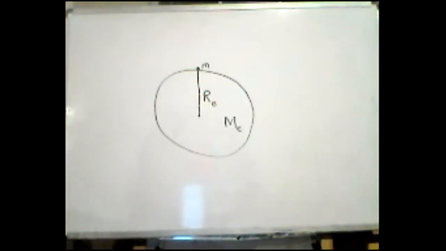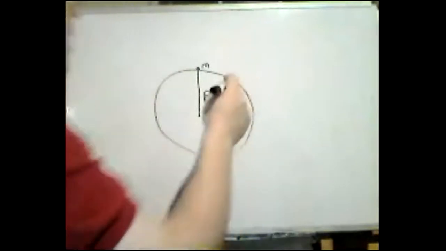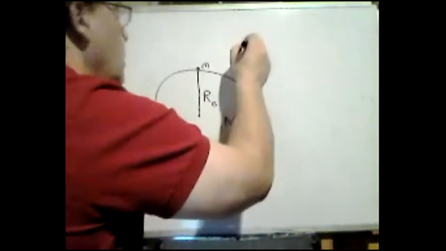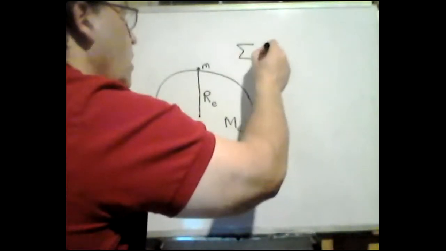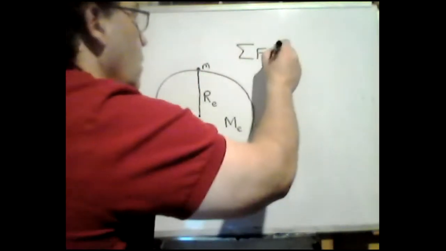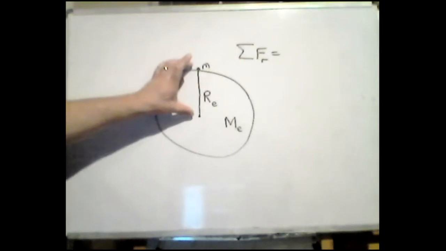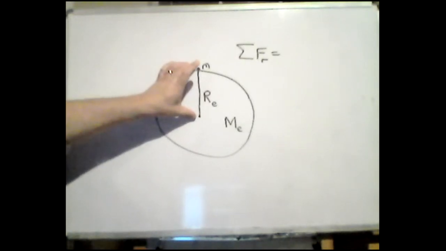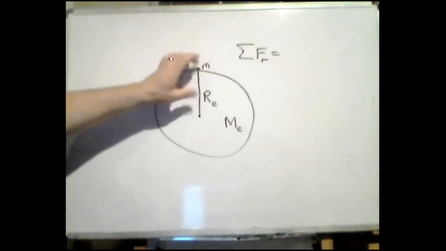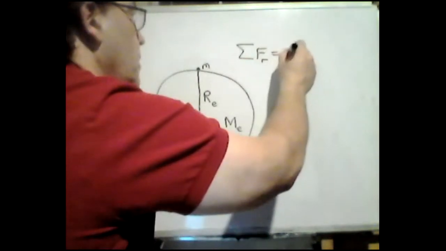Let's apply Newton's law of gravity here. Actually, let's do Newton's second law. The summation of all forces in the radial direction, or we can call it the y direction if we like. Well, what force would that be? The only force operating on this mass right now, unless we're doing free fall, maybe we're just a little bit above the Earth, we're not feeling the normal force. All right, well, that would be nothing more than